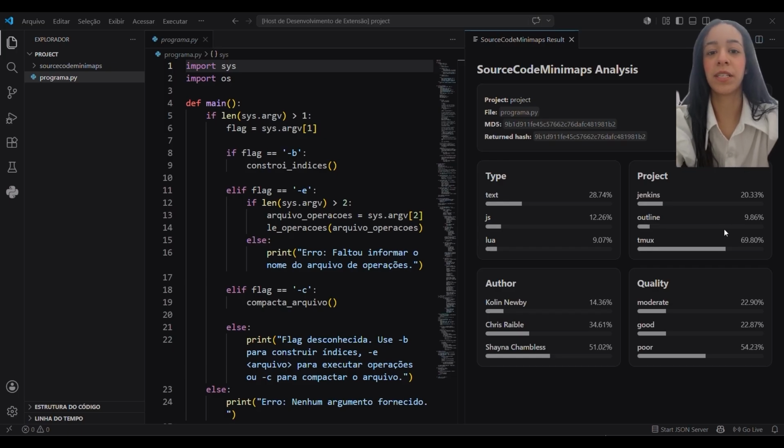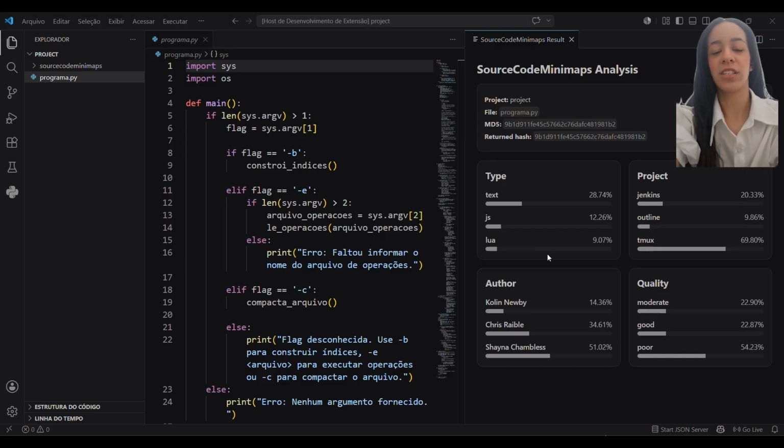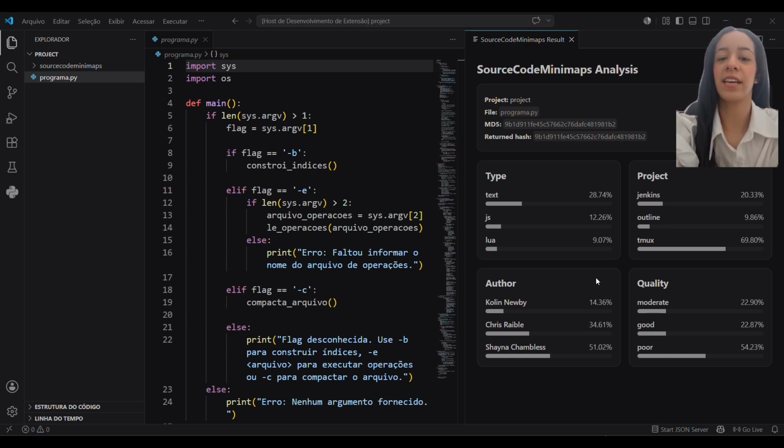The panel displays the project, file path, hashes, and a structured grid of prediction cards, one per target, each showing classes ranked by confidence with horizontal bars. This rich visualization is intended for deeper analysis sessions, where developers and researchers can review predictions in detail and compare